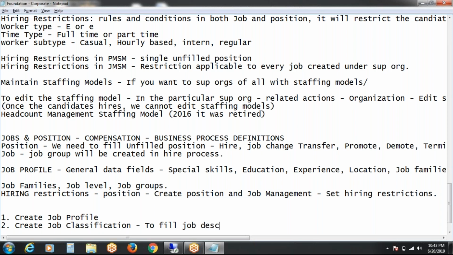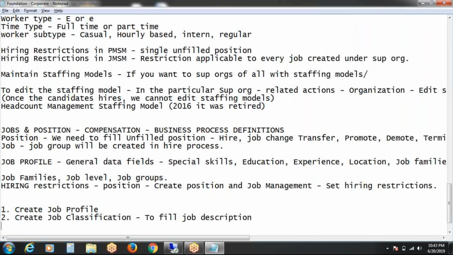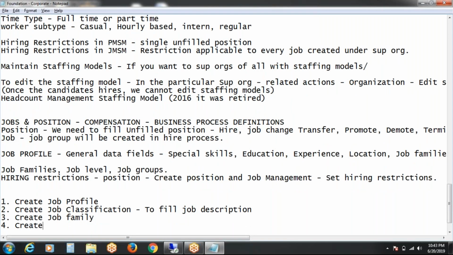All this part we will fill in the job description. Create job family, and we'll create job level. Especially these three we will create before starting the job profile creation task.